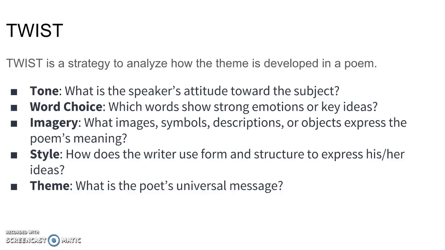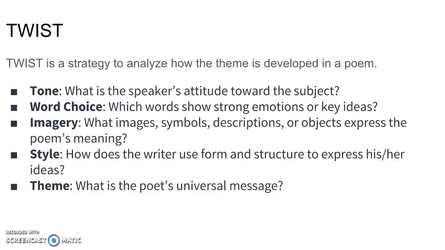You all did a really nice job with this in the literary analysis essay project, so I want you to dive into the poems we read as well to think about how the word choice represents the writer's messages. You can also look at imagery. Think about what images, symbols, descriptions, or objects express the poem's meaning. If you think back to when we studied A Raisin in the Sun in the fall, we looked a lot at symbols, such as the plant. Some people looked at a rainbow as a symbol. These are the types of symbols you want to look for in your poem as well, or general descriptions that